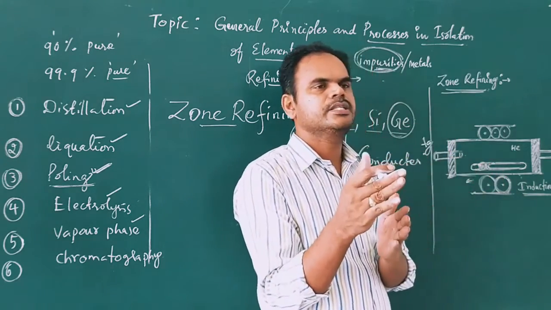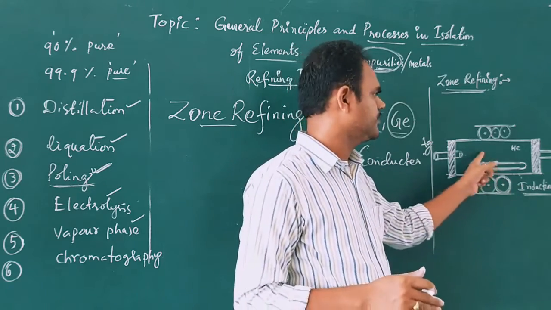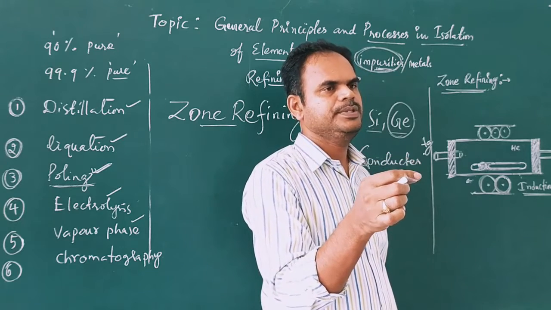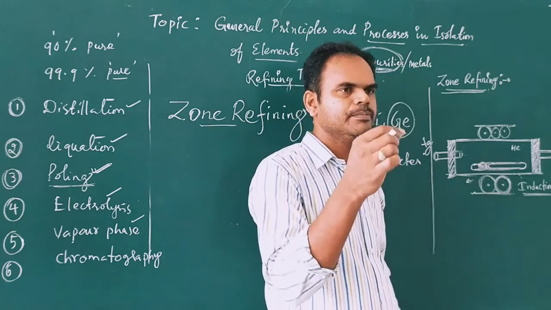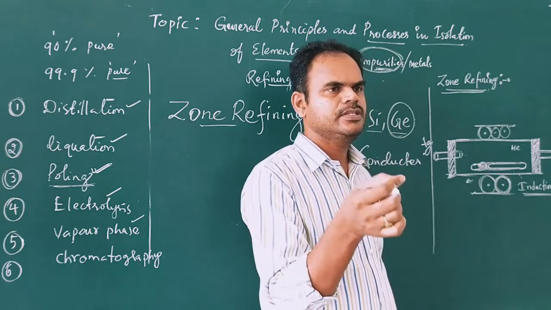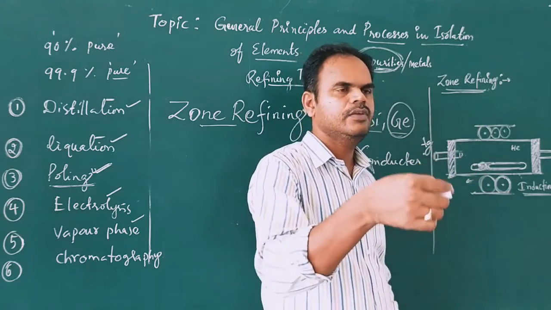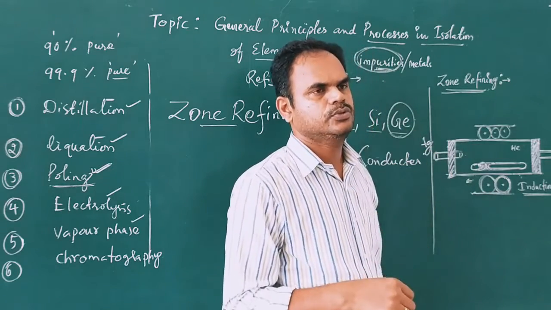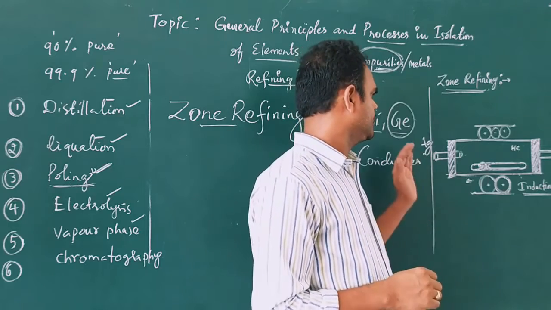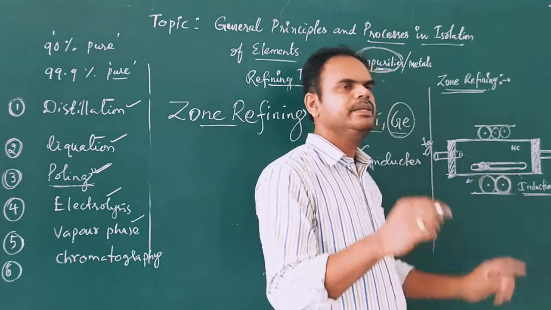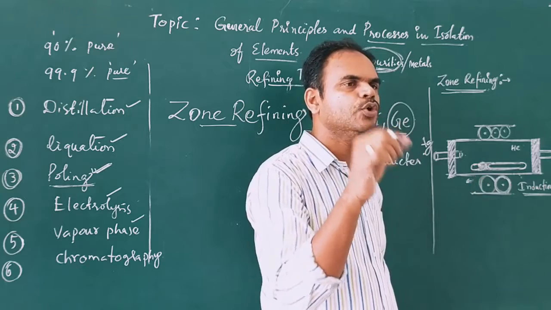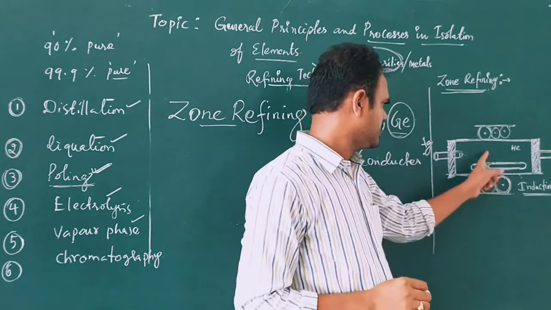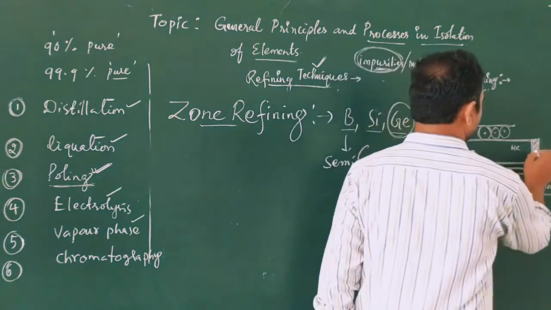The non-availability of oxygen condition is provided by filling this chamber with helium gas, a noble gas. What could be the reason why we provide helium gas? If you provide oxygen, silicon will easily combine with oxygen and germanium combines with oxygen, then metal oxide will be formed. To overcome that, heating will be done in the presence of noble gases like helium, neon. Helium gas will go in and helium gas will come out.